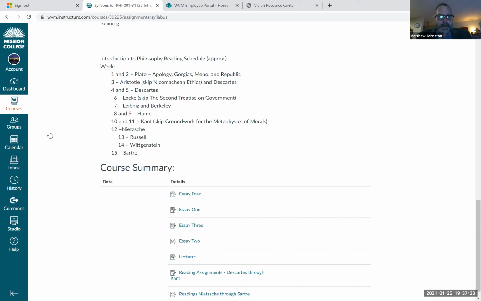and this is a very approximate reading schedule. So again, pay attention to announcements. When you're supposed to read something, when you're supposed to have the reading done, will be in announcements on a weekly basis, or a bi-weekly, actually, twice a week. I'll let you know what you need to have done by when, and also when the papers are assigned. I'll let you know that with notice, and when the papers are due.